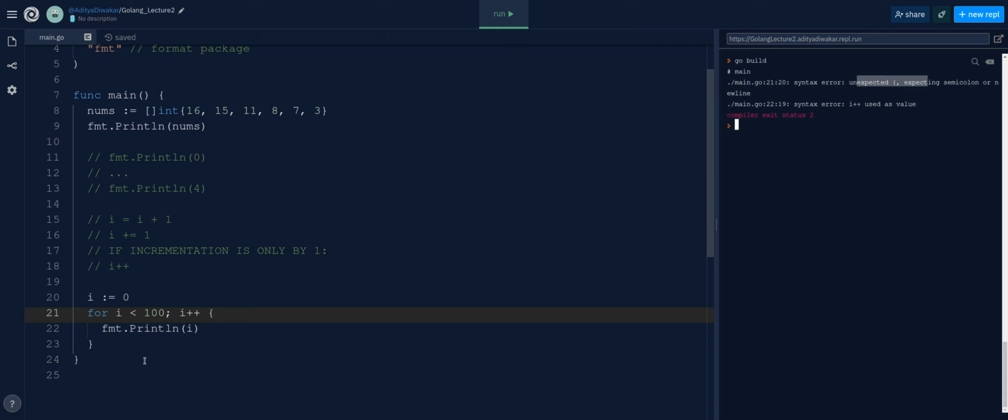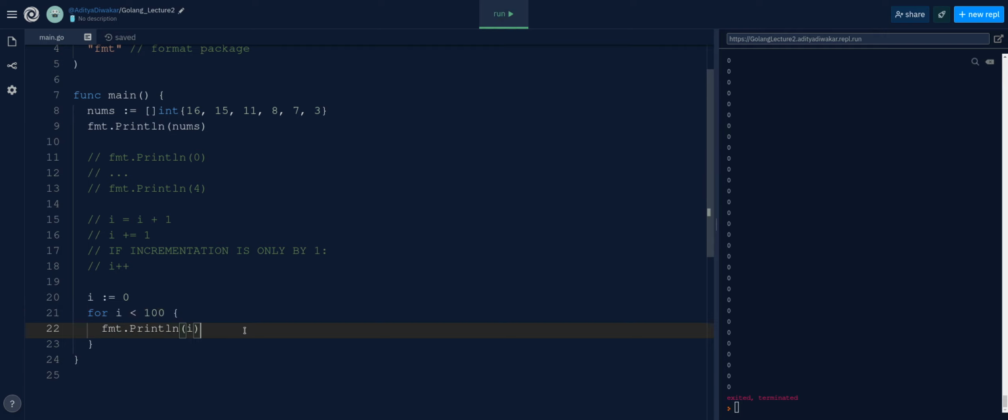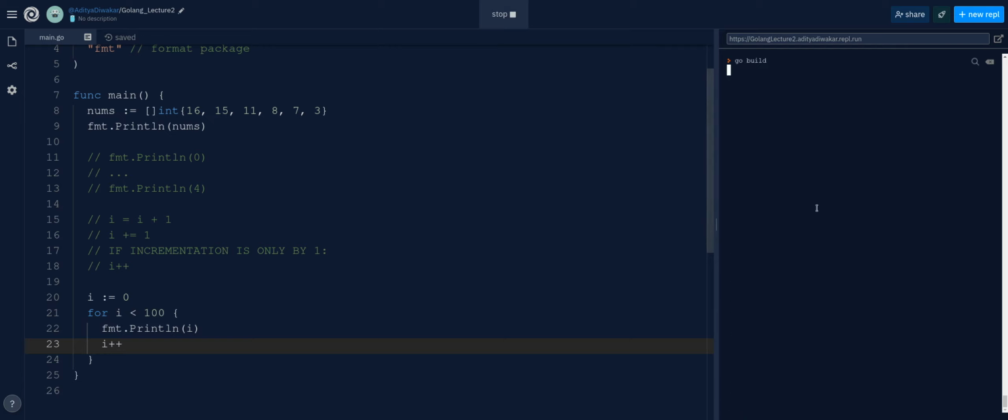Actually, no, sorry. If you're going to use this type of for loop, you're actually going to have to remove the incrementer as well. If I remove the incrementer, we're going to get a little bit of an issue. It's never going to stop, and it's also never going to change the value. So it's always going to be printing out 0 infinitely, and you can see my scroll bar keeps moving as it keeps printing. So I'm going to hit stop on the code and terminate the program. What I can do is just say i++ at the end of this code, and now when I run this code,